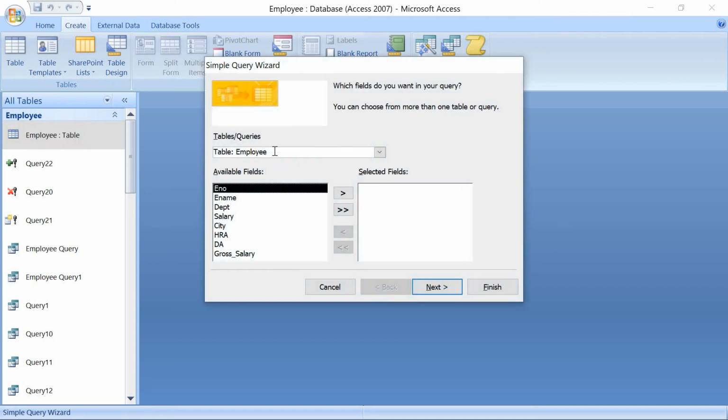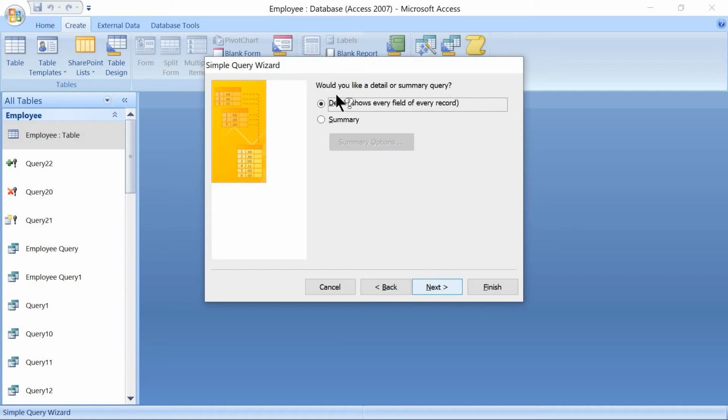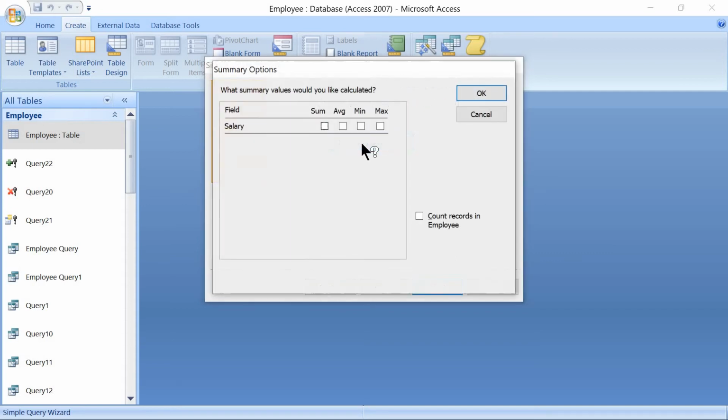Let's take the table employee and here we will be taking only salary here. Next, the same way, let's go for summary. It's not required that we have to take all the fields here for this one. Then summary options, which will go for calculation.